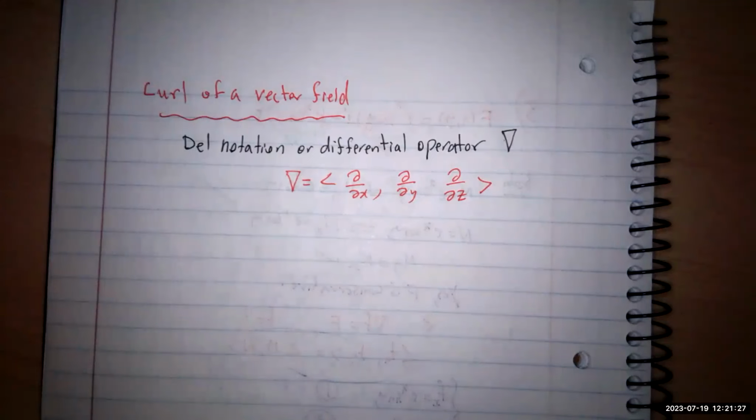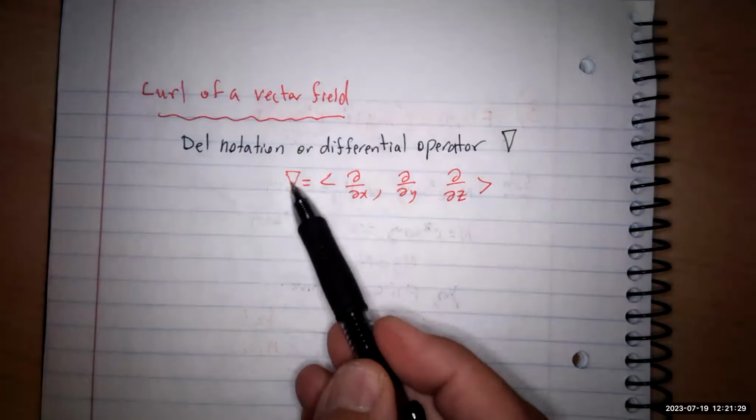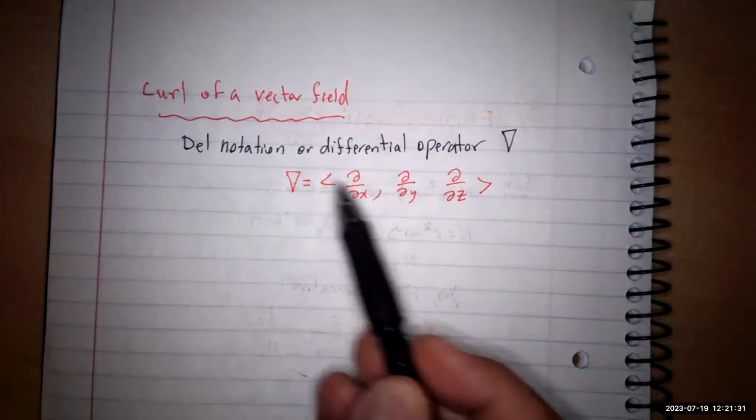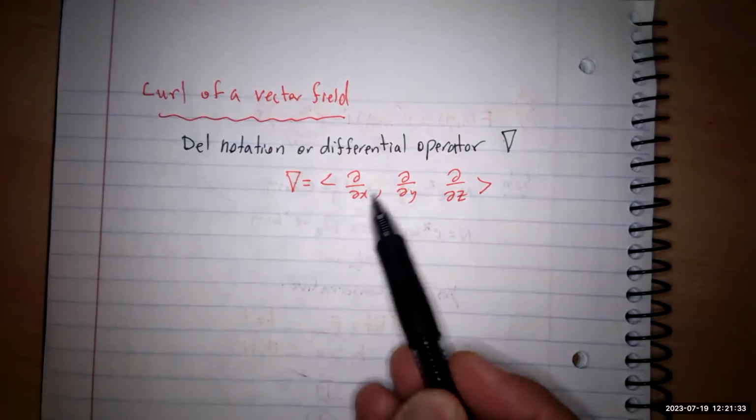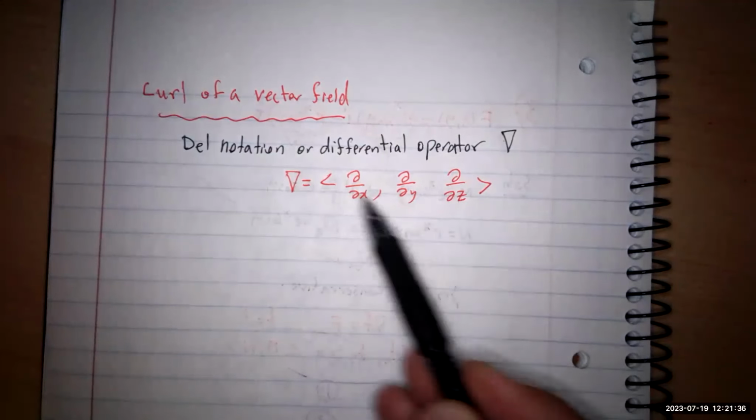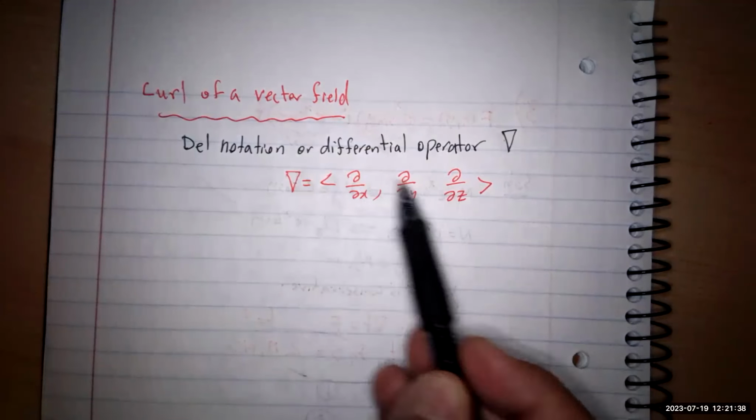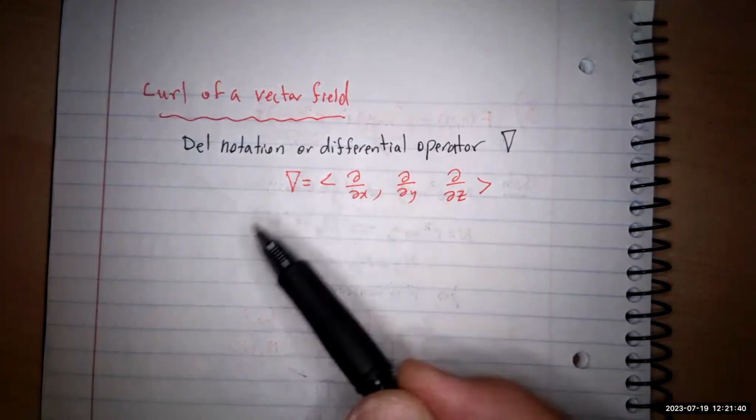For example, in the case of the gradient, if you have the del of f, that was the partial derivative of f with respect to x, with respect to y, with respect to z. So whatever you put over here, you are going to get it here. In vector form,